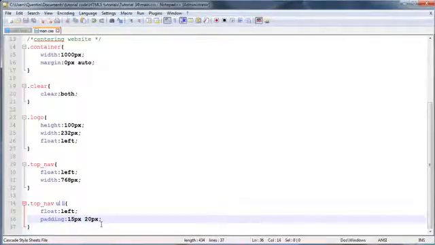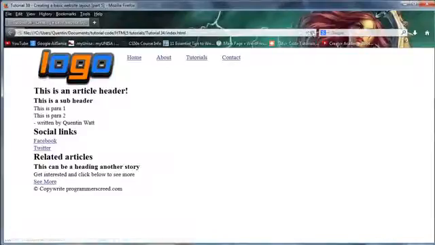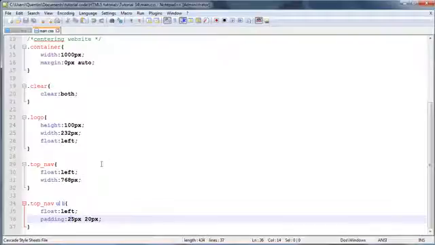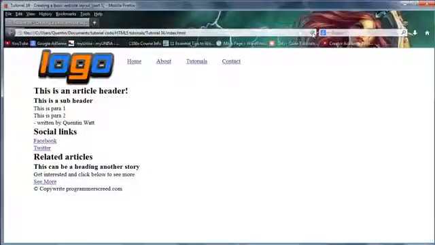So let's make that 25 rather than 15. But of course this is all just playing around. So click refresh, and it's now moved slightly further down, but still not quite the center just yet. So probably about 30, I'd say maybe 35 should do this. It might even push it a little bit too far, but oh, that's actually perfect. So now we have our links actually centered with the logo, but if you want them all the way down to the bottom, then I guess you could just play around with the padding